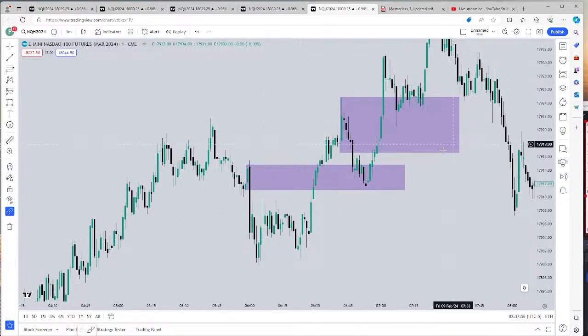Because he posted a trade, right, ICT. He posted a trade and he executed right from here. Have a look, right? Have a look on his